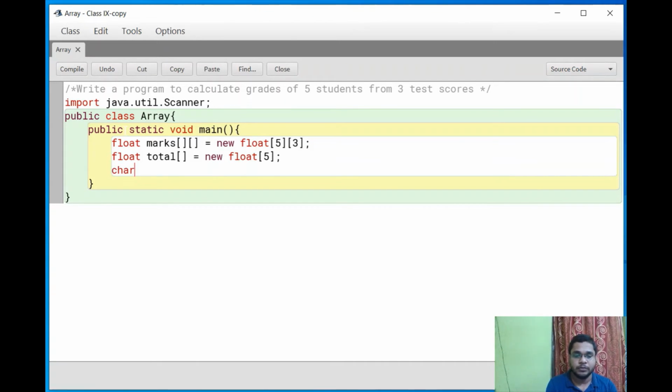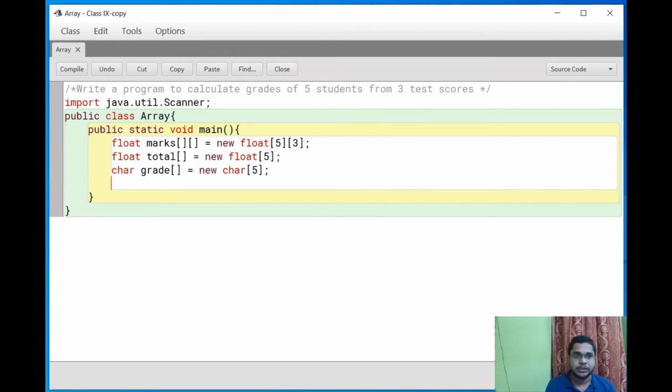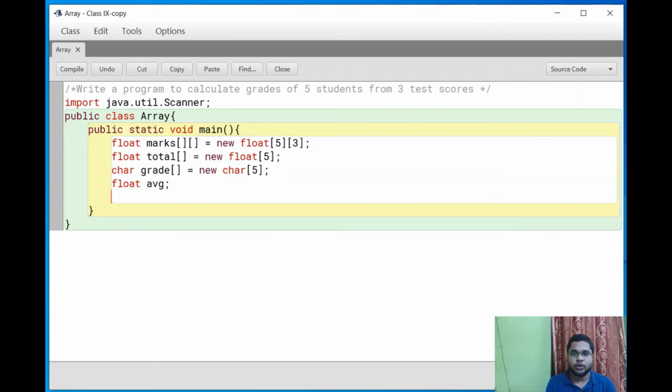Now create a character array to store the grade, equals new char of 5. That's it. Next, take another variable, average, and two looping variables, int i and j.